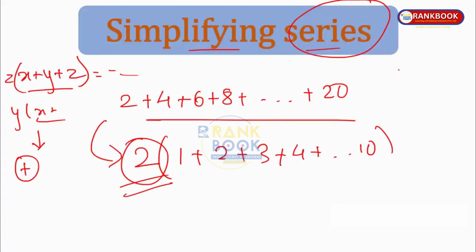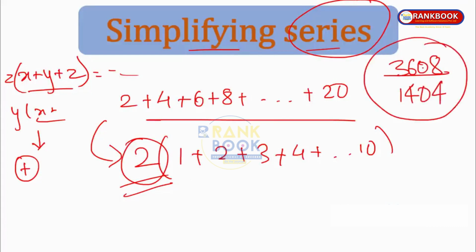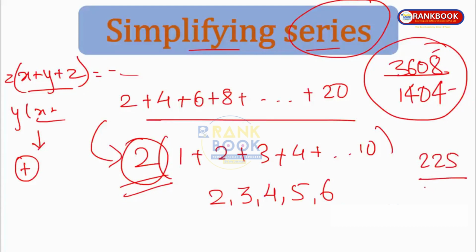Also, apart from that, you might have a fraction like say 3608 divided by 1404. Now this is a very huge fraction, or both numerator and denominator are very huge numbers. If you want to simplify, what should we do? We should divide. We should always start with the smallest number like say 2. Then if you are not able to divide by 2, try for 3, then 4, then 5, 6. Whenever there are two numbers which end with 5, like 225 divided by 135, immediately divide by 5, right? If both the numbers end with 0, immediately divide by 10, right?